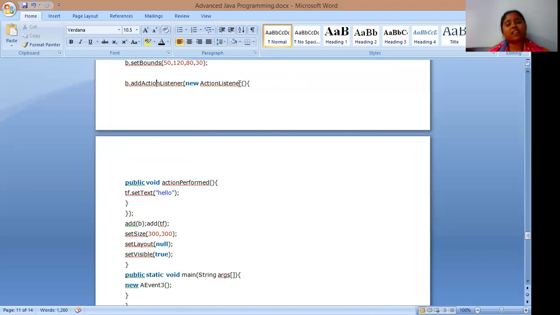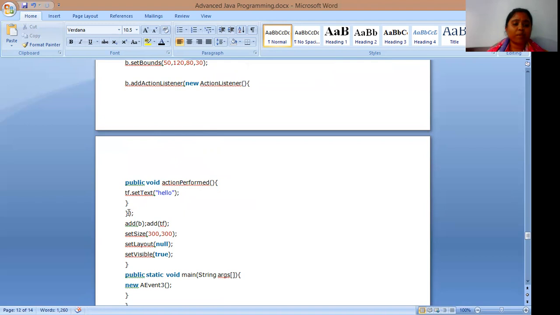जो न्यू एक्शन लिसनर क्लास है उसके लिए ये मेथड, उसकी बॉडी बनाई और उसके अंदर ये मेथड डिफाइन किया, एक्शन परफॉर्म, पब्लिक वॉइड एक्शन परफॉर्म मेथड कॉल कराया, और इसके अंदर टेक्स्ट फील्ड डॉट टीएफ डॉट सेट टेक्स्ट किया हमने, हेलो स्ट्रिंग सेट कर दी. ये एक्शन परफॉर्म होगा जब आप बी बटन पर क्लिक करोगे. ओके, this action perform function is closed here, closing braces, and this closing braces is of action listener method, and